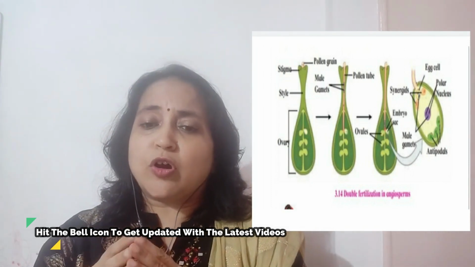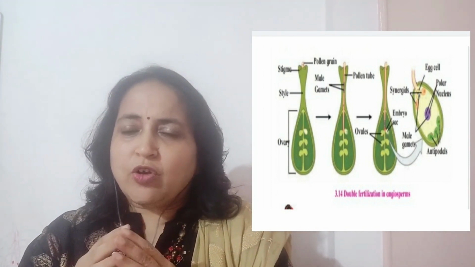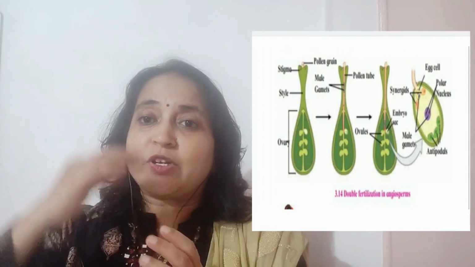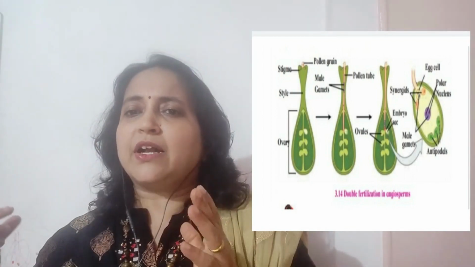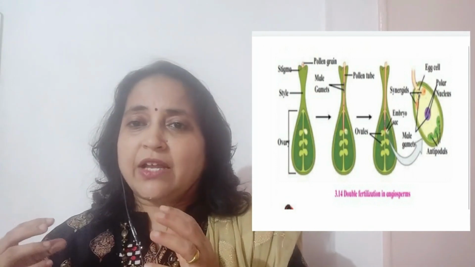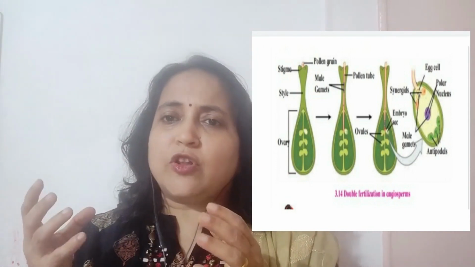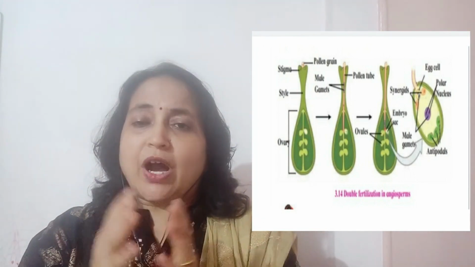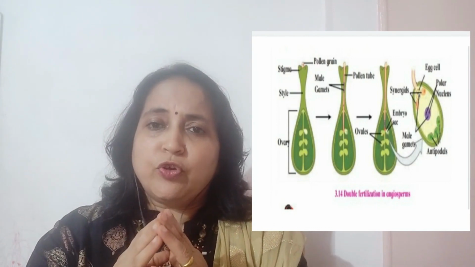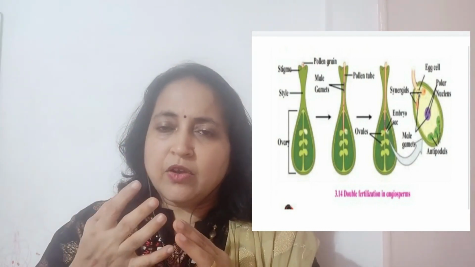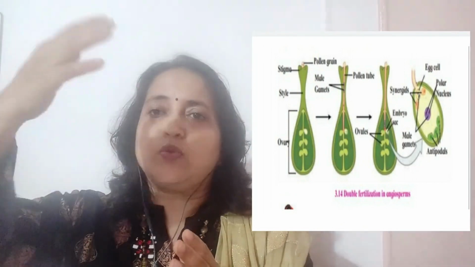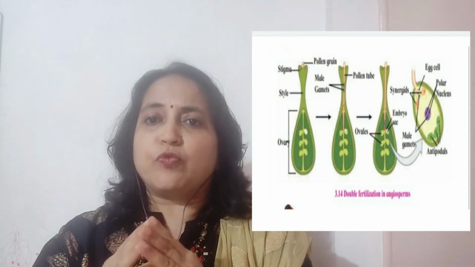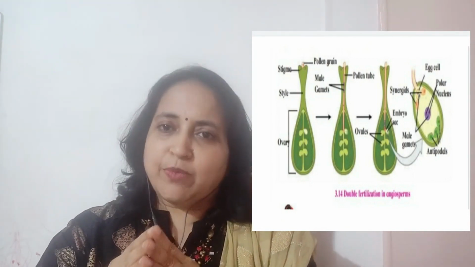So what is the role of the zygote? Zygote has the capacity to convert into an embryo, which is the future plant, while the secondary nucleus जे आहेत they unite to form the endosperm. Endosperm plays a role in nourishing the developing embryo. After fertilization, the ovule is converted into a seed which has the capacity to grow into the entire plant, while the ovary is converted into fruit, which is actually the edible part.